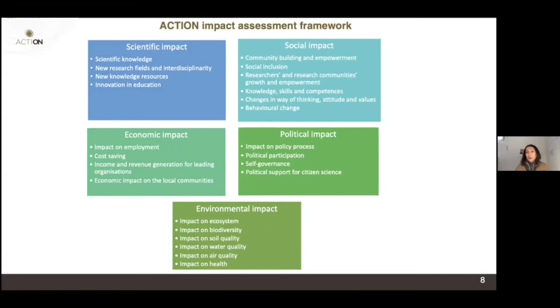So yes, you do something for your health by cycling, but if you cycle in a very polluted city, then this is not exactly healthy anymore.